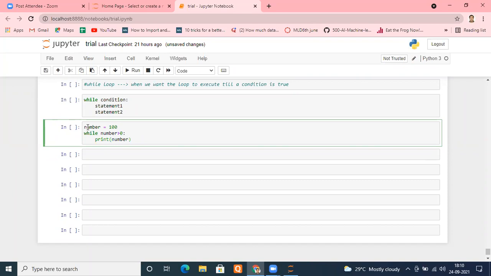We will be stuck in an infinite loop. We define number here as 100, and here number greater than 0, and we are not making any changes to this number, so it will always remain 100. So this condition is always going to be true. You will keep printing number an infinite number of times, and if I keep running, my resources will exhaust.